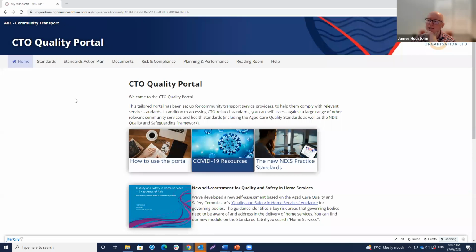So number one is, we just want to remind everyone that you can invite in as many staff members as you want. It's up to you. Obviously, the idea of the portal is it's where you address your organisational compliance. So you might want to limit how many people you invite into the portal because you don't want them to change your answers or unlink evidence, etc. But it is worthwhile noting that you can also invite in a staff member or a board member as a reviewer. So they could have the ability to review the work that you've done in the platform as well.